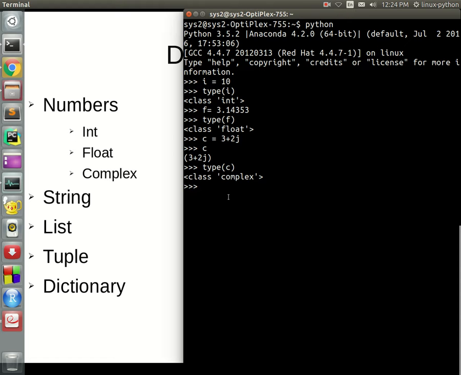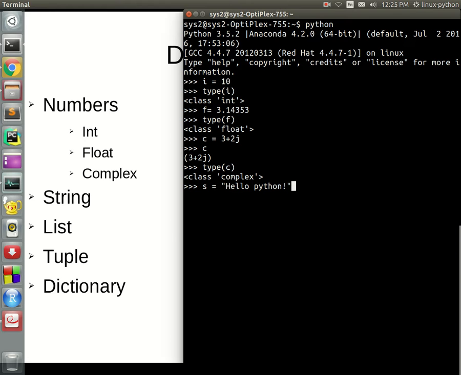And the next type is strings. With strings we can store text, a word or a sentence or a paragraph, by using a string variable like s equal to. One more thing is we can use single quotes or double quotes for the string. Most of the time for a character or a word we use single quotes, and for a sentence we use double quotes. Of course we can use triple quotes as well, but that's an advanced concept, and why we need three types of declarations of strings,